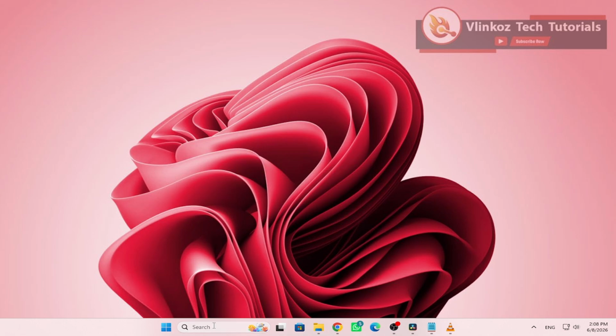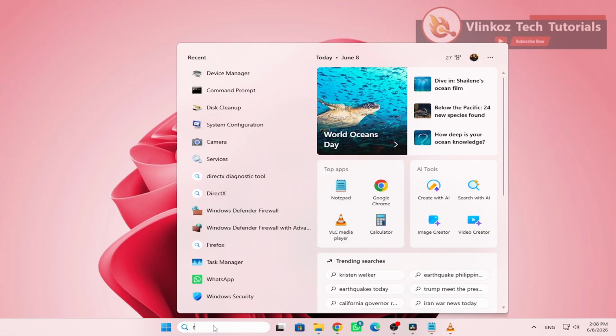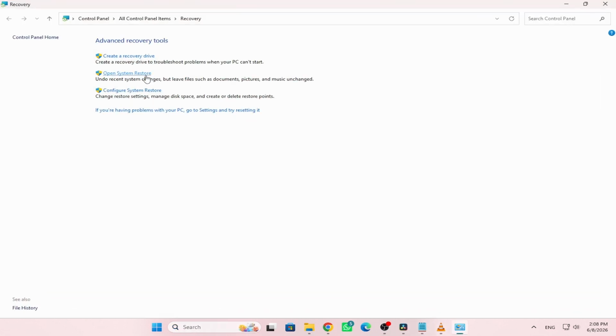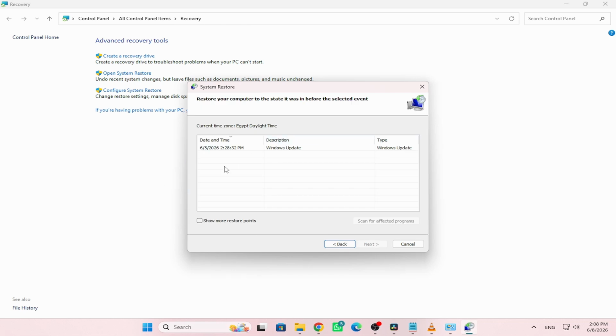Search for Recovery in your Windows search bar and open the recovery settings. Click on Open System Restore. If prompted, click Next. You can choose to select a restore point automatically suggested, or choose a different restore point